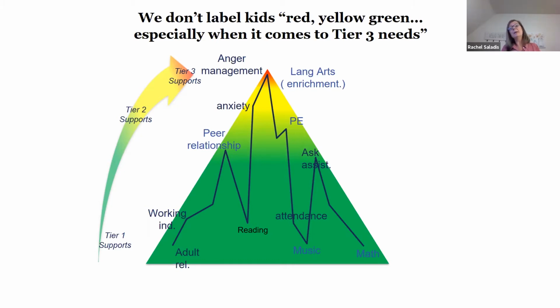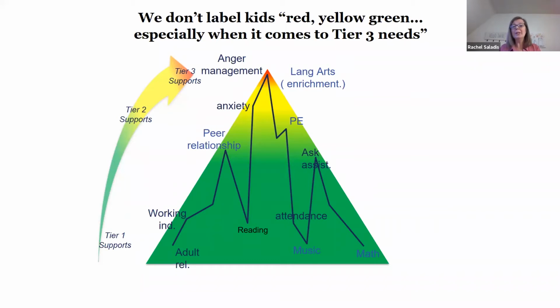Now, as things become less predictable, things like peer relationships, and things get a little less structured or maybe a little more competitive, like PE class, the student benefits from a bit more support. Now, in these situations, anxiety seems to rise for this student, and sometimes that manifests itself in anger and aggression that requires intensive individualized support. It is really important to note that this student also benefits from individualized supports in language arts as an enrichment due to exceeding the benchmarks.